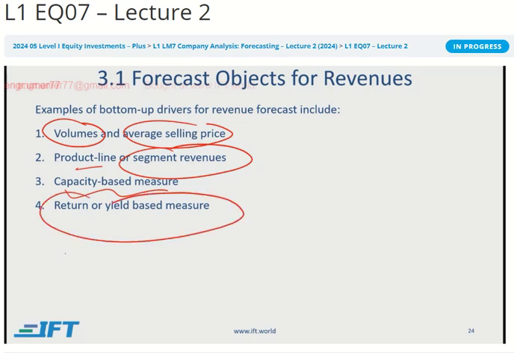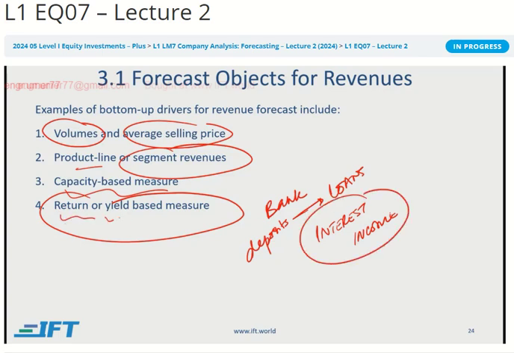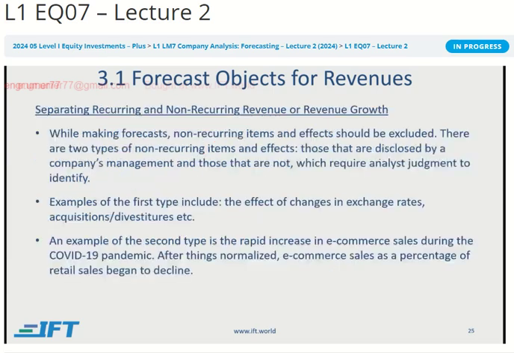Return or yield based measure is more relevant for other types of businesses. Let's say, for example, a bank has interest income, right? And if I want to do a projection of the interest income, I would first say, okay, what is the loans, right? What is the deposits I'm going to have, and then how many loans I'm going to make, and then what's the interest I'm going to earn on those. So I could take a return based or a yield based. That interest is, let's say, 5% of the loans I make. So then the question is, what is the amount of loans I'll be making? And then I could use that bottom up approach for a bank if I were doing the projection or the forecasting of the revenues for a bank.